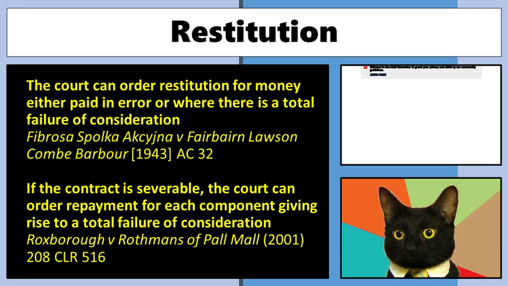Now, how does this work in situations where a contract can be divided? Going back to the 5 rooms in the house, if 3 of them have been done, 1 of them was done half-assed, and the 5th wasn't done at all, well, the courts can just divide that up and say the 5th was a total failure of consideration. That $1,000 that was paid belongs back to me. And that's an order that the court can grant, or the grant of restitution, falls under the area of equity.